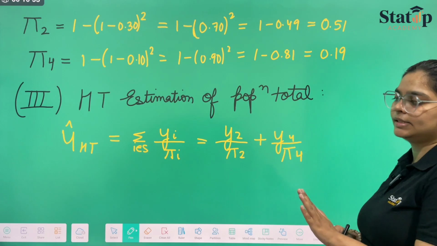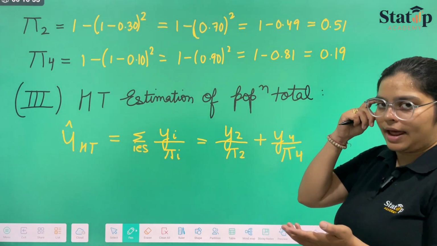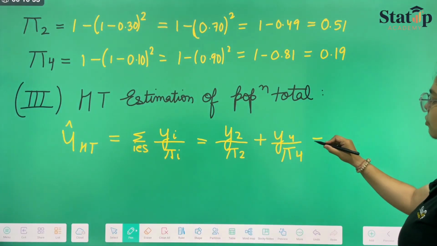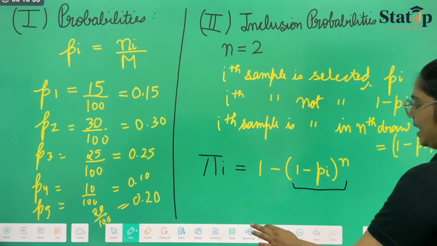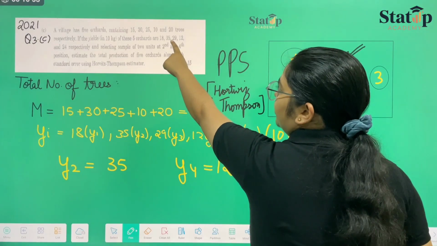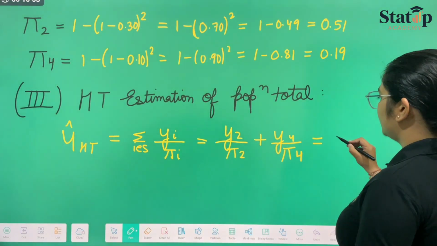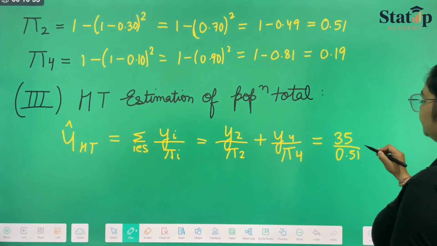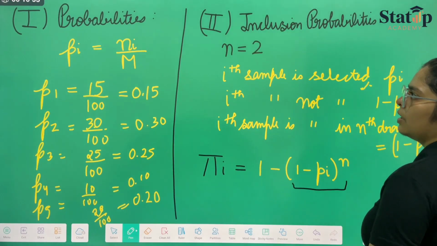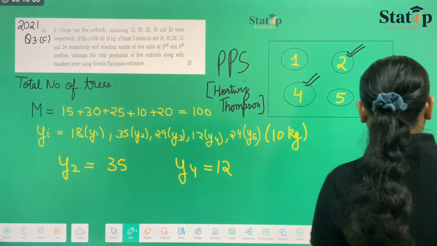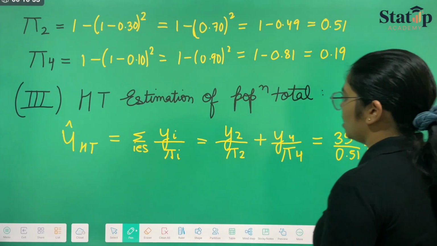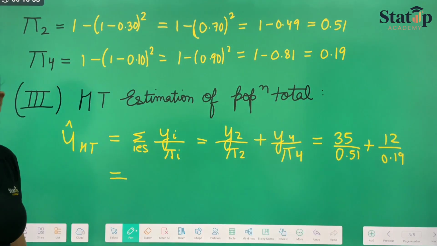This is as easy as it can be. So y2, the second yield, is 35, so it will be 35 upon π2, which is 0.51, plus y4, the fourth yield, is 12, so 12 upon 0.19. When you solve this, you will get the final Horvitz-Thompson total as